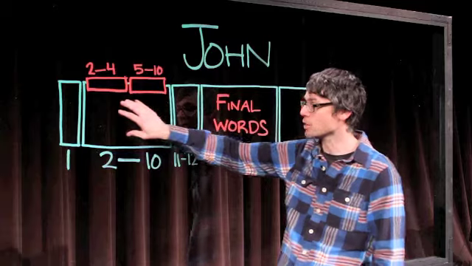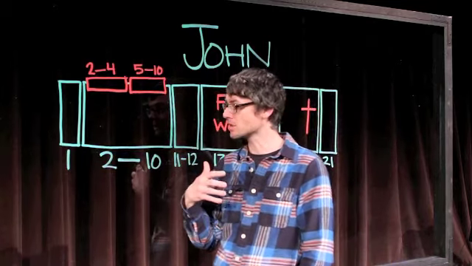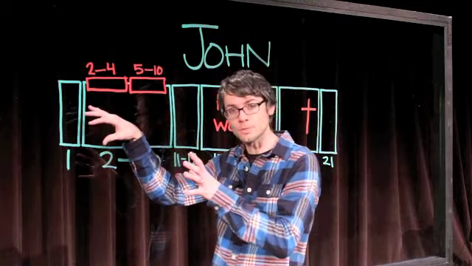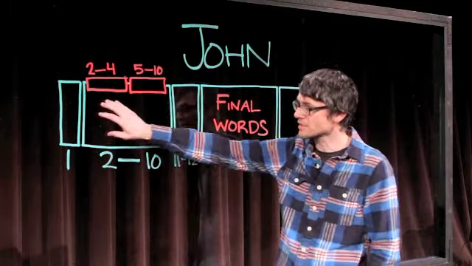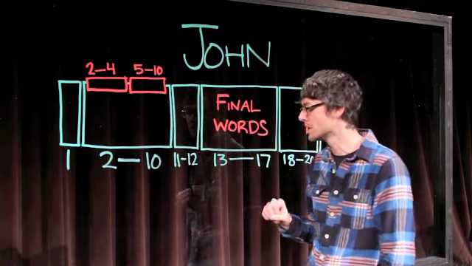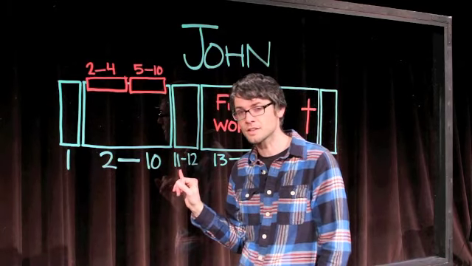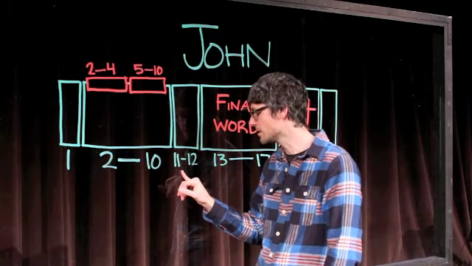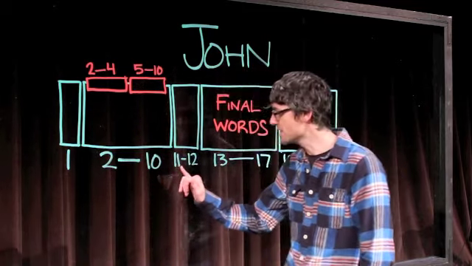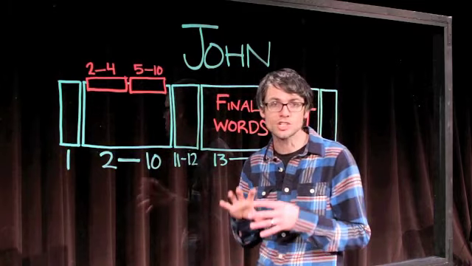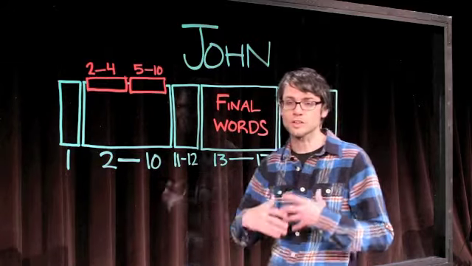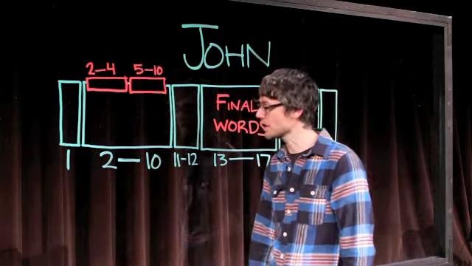So this is a very powerful section, long explanations of who Jesus is, what he came to do. It's all connected to Old Testament imagery and so on. The first half of the gospel comes to its climactic point here in chapters 11 and 12, where Jesus raises his friend Lazarus from the dead, and then also forgives a woman who was a prostitute. And these 2 actions cause huge confrontation with the Jewish leaders. And again, that confrontation allows Jesus to explain who he is and what he came to do.